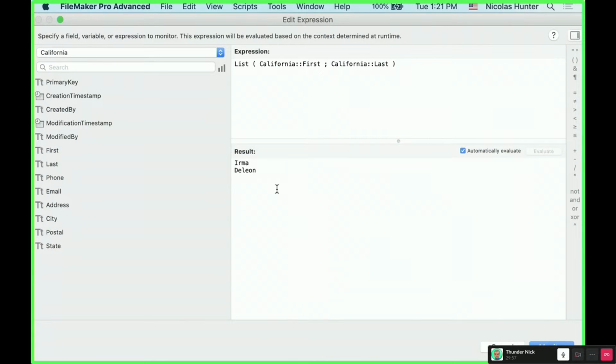When you do this, you return two different values separated with a return. You can add more. You can say hello, and you can say what's up, etc. Right? And you can add the city. There's no city, but you can add the phone number, and you can add the modified by, and you can add as many as you want in the list, and then FileMaker will present that with